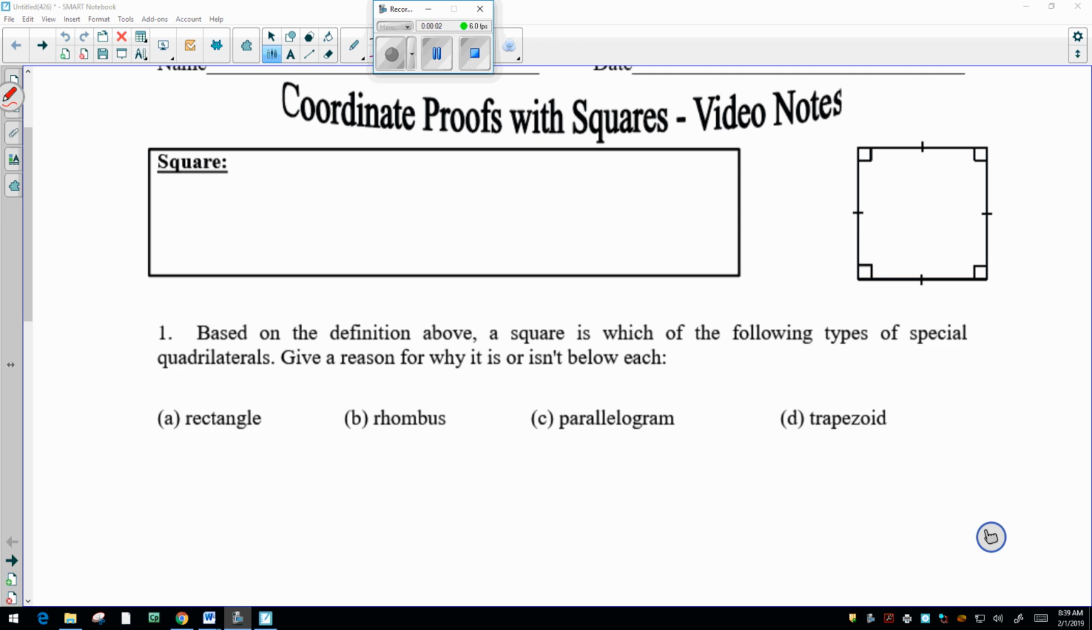So today in our coordinate proofs, we're going to be focusing in on squares. What is a square? What type of properties do they have? And what does it look like in a proof form? So our basic definition of a square is a quadrilateral